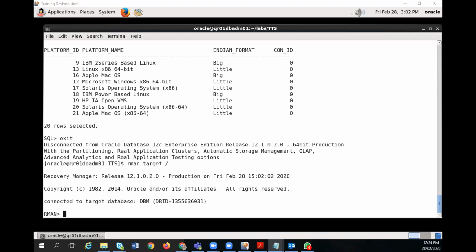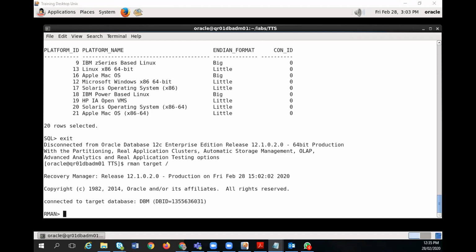Yes, it is from the same version. We are getting the same version.